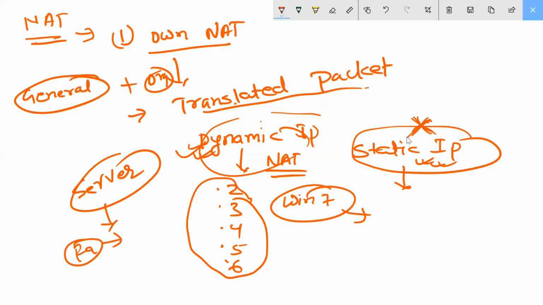Inside one NAT, inside one policy, there is only one rule. So delete this static NAT rule. Yes, you should delete the static NAT. The dynamic IP is there, that is the range of dot two, dot three, dot four, dot five. Okay, fine. After this is done, I'm just committing it. Meanwhile, my machine is started.